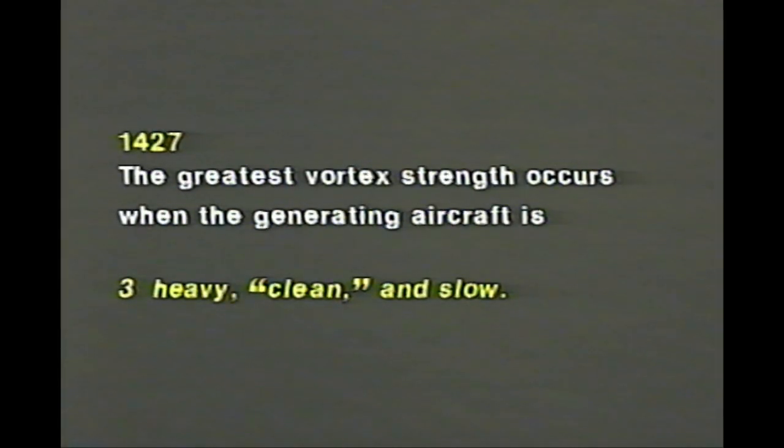Question 427. The greatest vortex strength occurs when the generating aircraft is... Well, heavy. The heavier he is, the worse it's going to be when he's clean. And clean means a clean configuration, gear and flaps up, and slow, which would be in takeoff or landing, which is when it's of a concern to us general aviation pilots. Question 428. The wind condition that requires maximum caution when avoiding wing turbulence on landing is a...